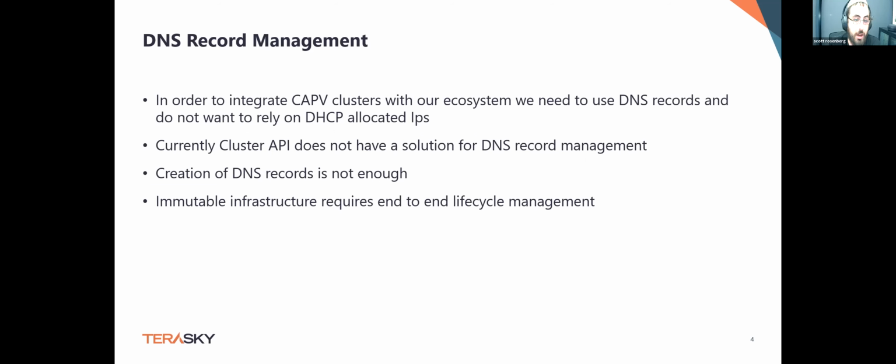Another one is DNS record management. Once our VMs are immutable and they're up and down, we still do have systems that care about DNS records and not IPs. So managing the DNS management for our Kubernetes clusters as they come up, not just creating them, but doing the entire life cycle, including updates. When we're using DHCP for networking, we really want that to be updated. And we don't have DDNS currently set up, so we need some solution to do basic DDNS for us for our Kubernetes clusters.